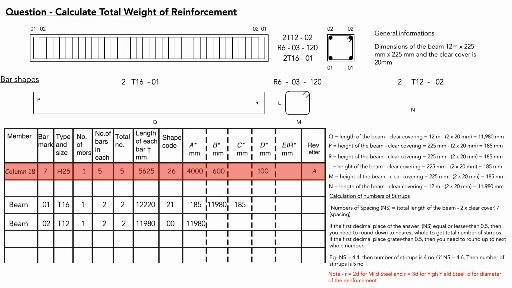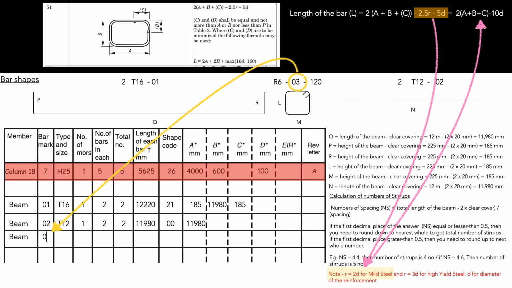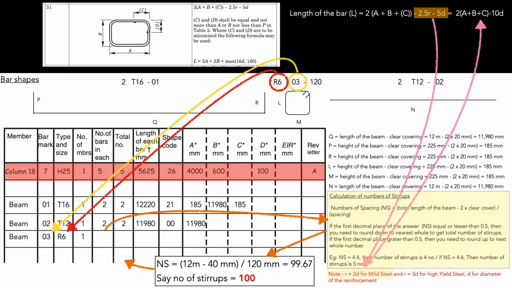Bar number 3 is mild steel reinforcement bar with 6 mm diameter and bearing shape code number 51. Calculation of the number of members, stirrups, in one concrete element is based on simple calculation. Estimation of the number of spaces is essential prior to calculating the number of stirrups. After omitting clear cover from the length of the concrete element and dividing by spacing, we get